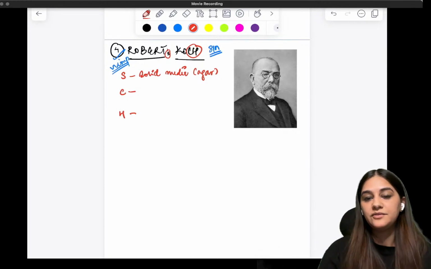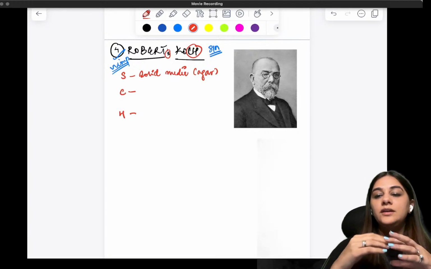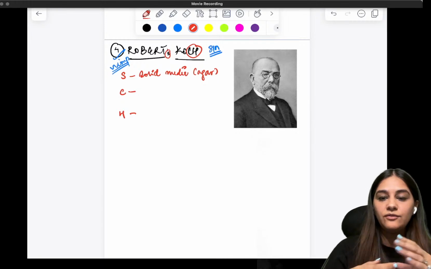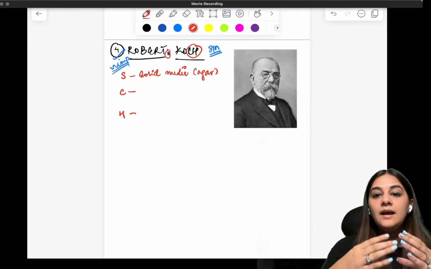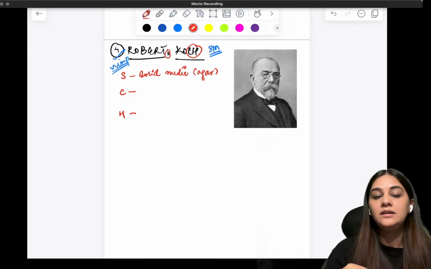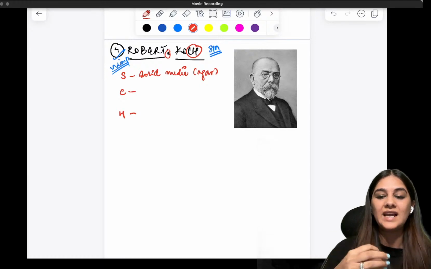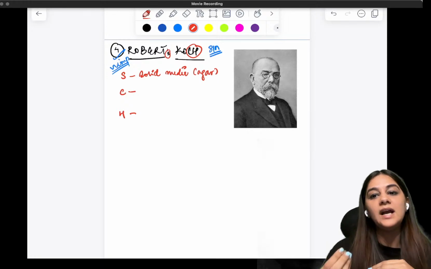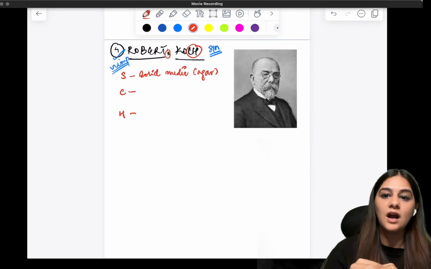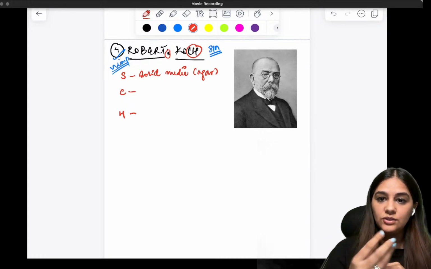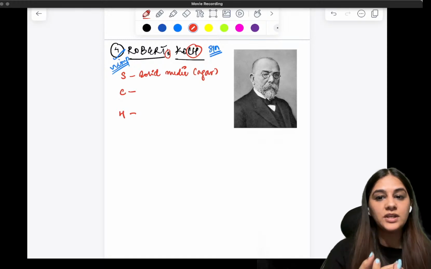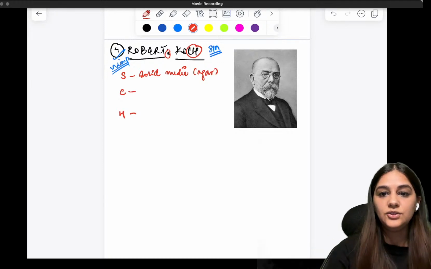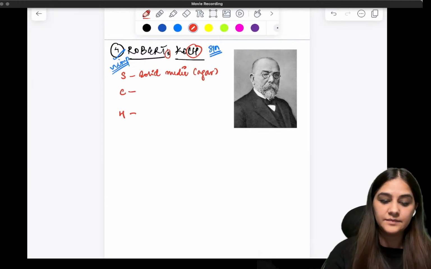So what used to happen before is that a lot of natural things were used initially to grow any kind of bacteria or fungus, or liquid media were used. But he actually used agar, which is kind of a weed which used to be used to solidify things. So he used it to solidify a media and grow things on that media, right? So he gave us the concept of solid media using agar. So that is the S.